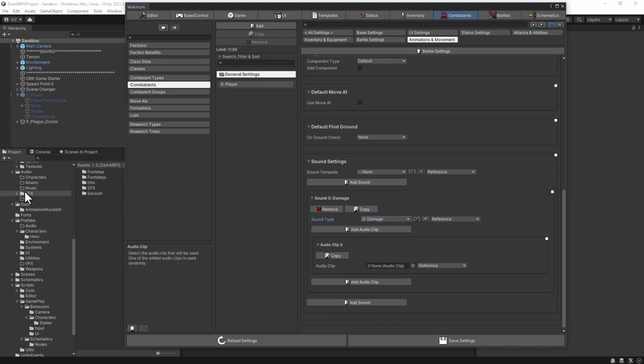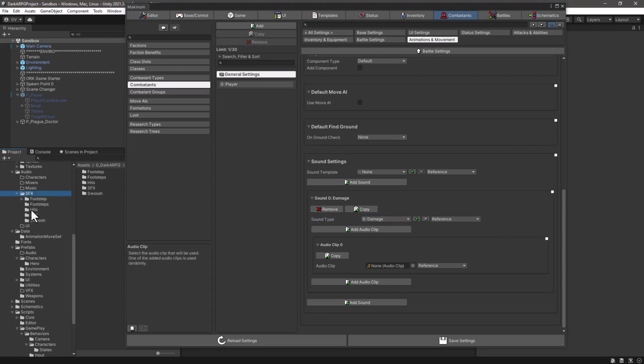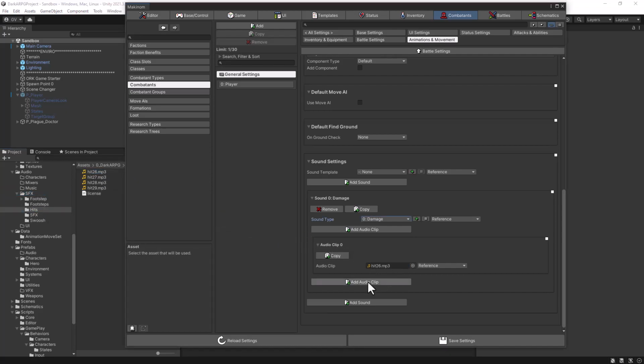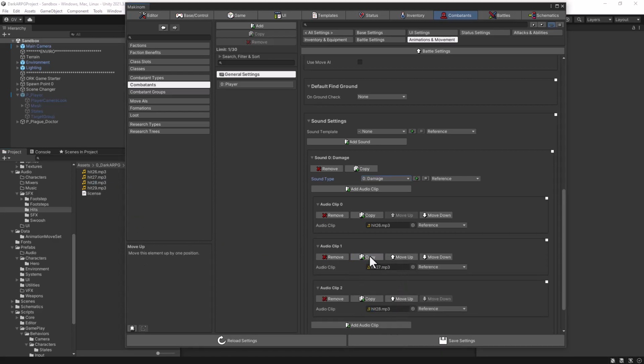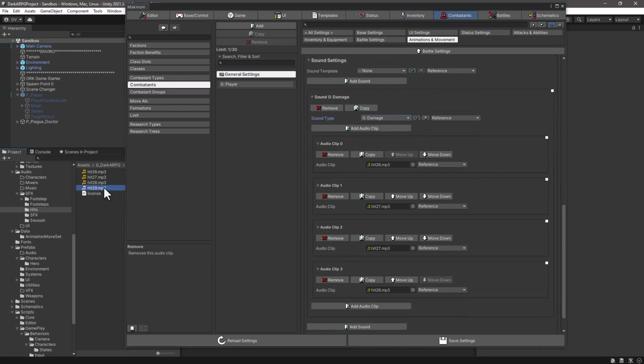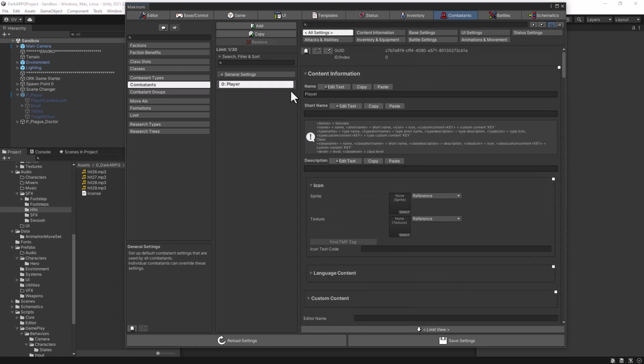So let's go into our sounds folder, sound effects, hits, and let's add the hits here, and let's copy, add another one, and click on copy, and add another one, and click on copy, and add the last one, like so. Save the settings before your computer crashes, and now we can click on our player combatant,